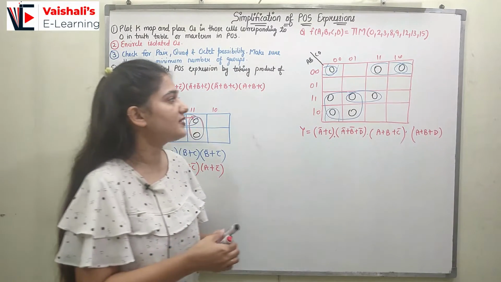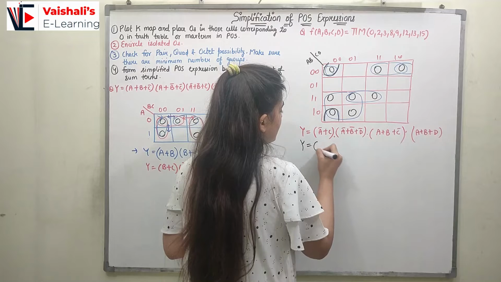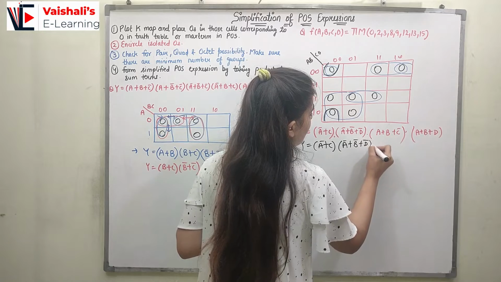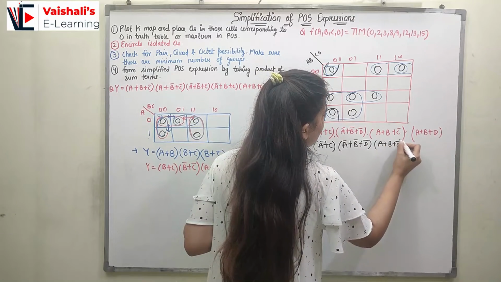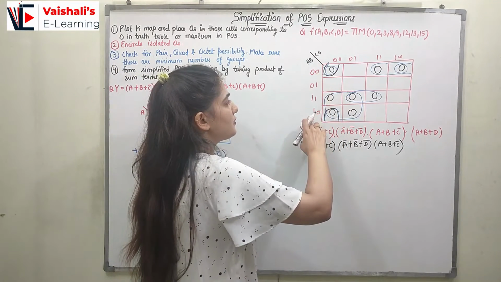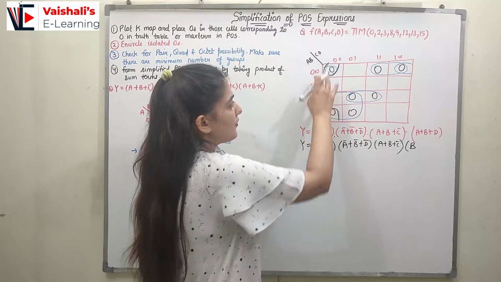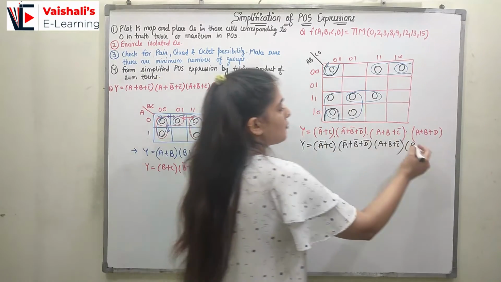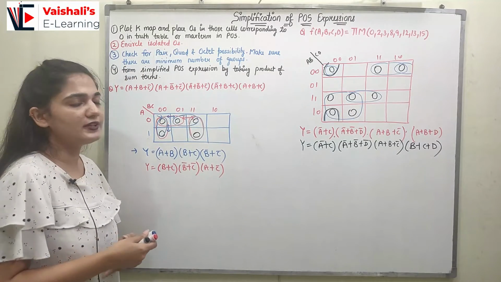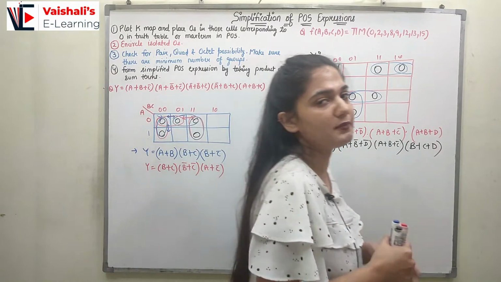Now on the basis of the second pairing, if I have paired this 0 with this 0, what would be the change? I will be having A bar plus C as it is, A bar plus B bar plus D bar as it is, A plus B plus C bar as it is, and the last term is going to change. Here if I observe, A is changing from 0 to 1, so I am not going to take A, here I am going to take B. B is 0 over here, so I am going to take B. C and D both are 0, so B plus C plus D. So these are the two representations for the given POS expression. The simplified expression is this, and here also two representations for the POS simplified expression.